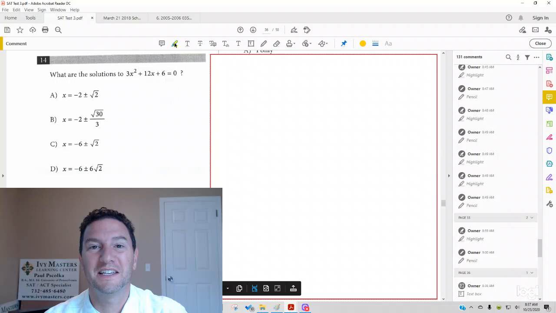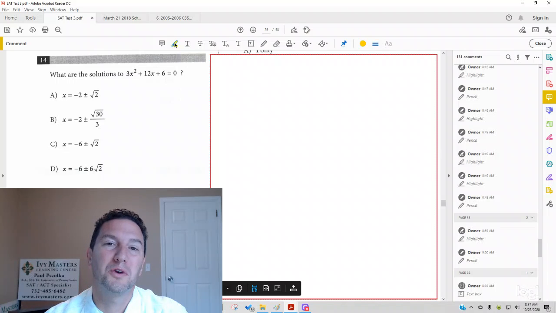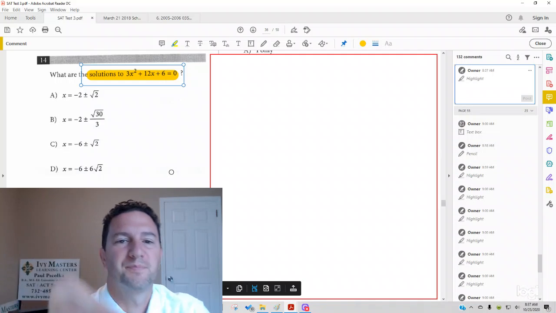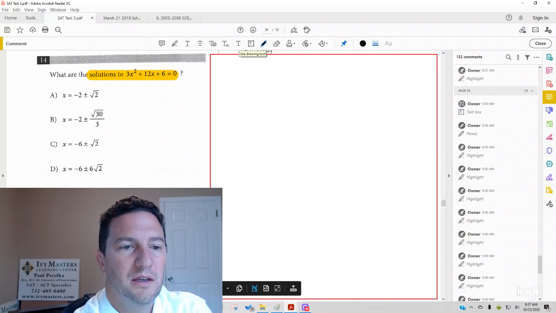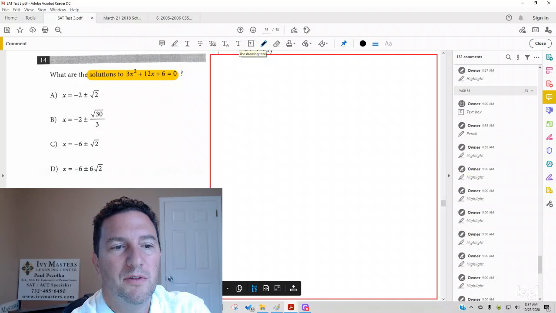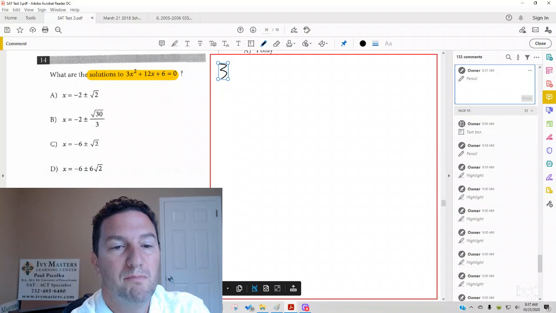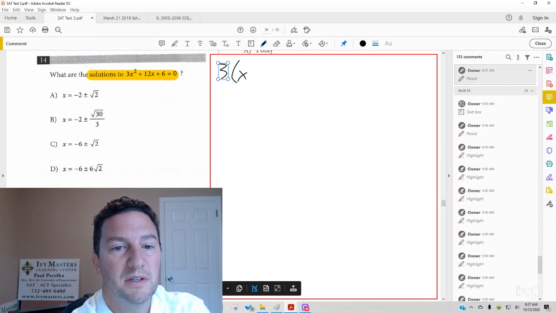Today we're going to look at Test 3, Section 3, number 14, which reads, what are the solutions to 3x squared plus 12x plus 6? So, first thing you should look for when factoring a quadratic is you could pull out a common factor here. So what's the greatest common factor between those three monomials? It's 3. And if I pull 3 out, open up the parentheses, I have x squared plus 4x plus 2 inside the